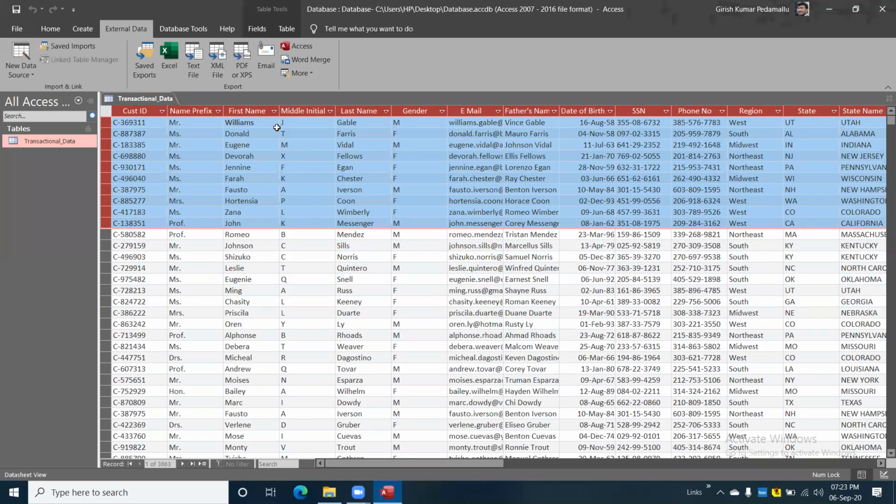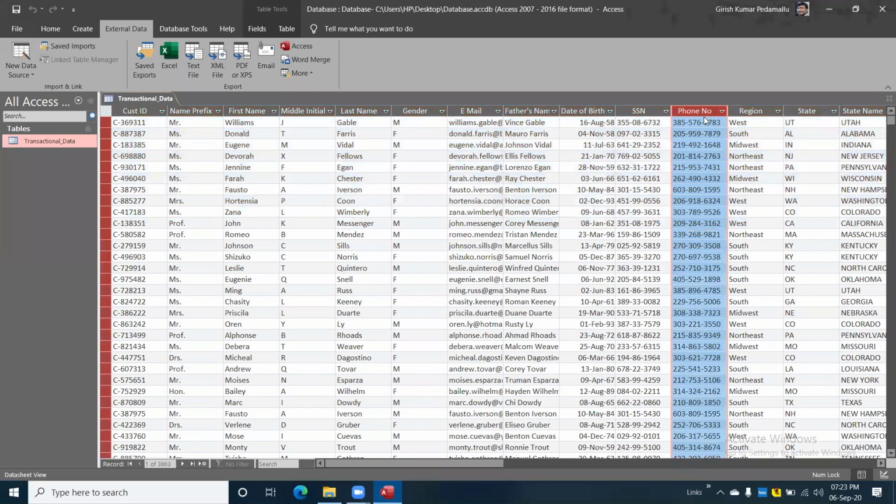First of all, I need to check whether I have the phone number column or not, because the error is saying that phone number does not exist. There are two different ways to see the data. In this view also, I'm able to see the phone number. The phone number column is there, even though it is throwing an error. It might be a problem in my Excel.